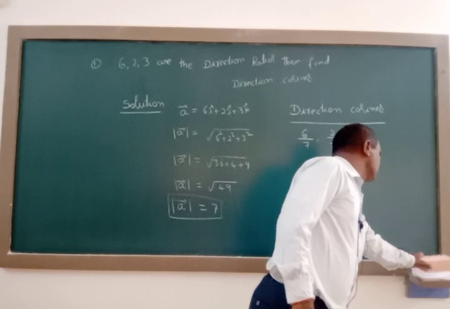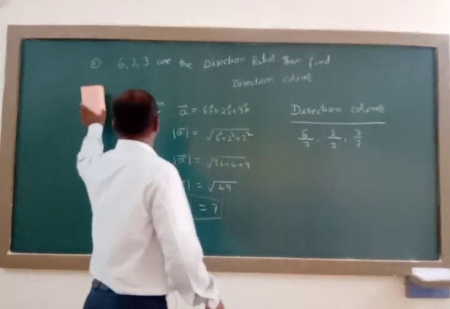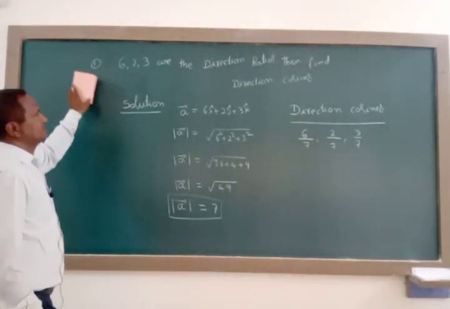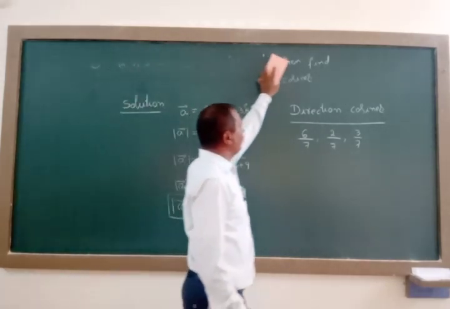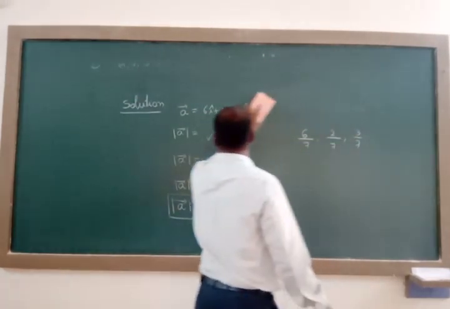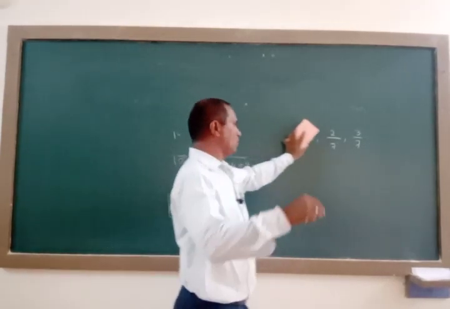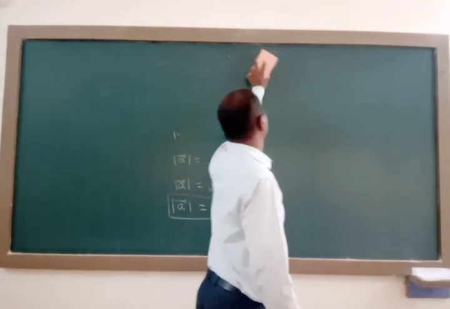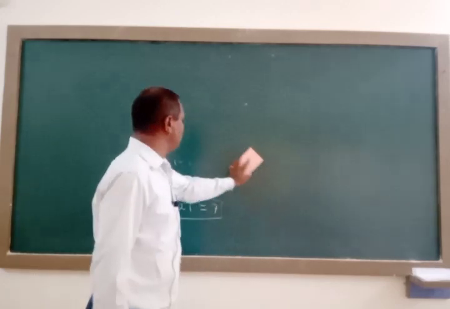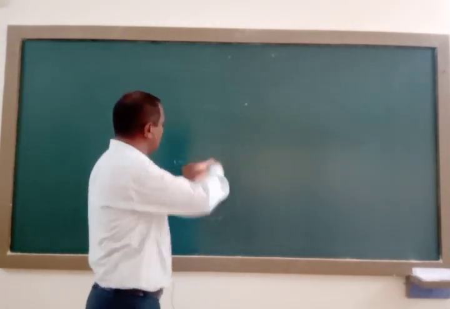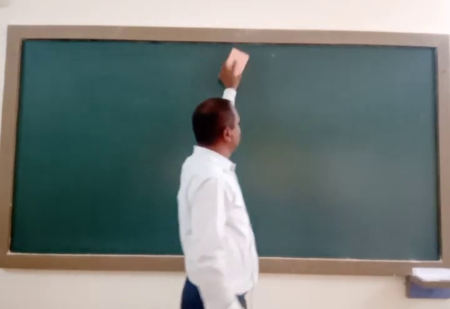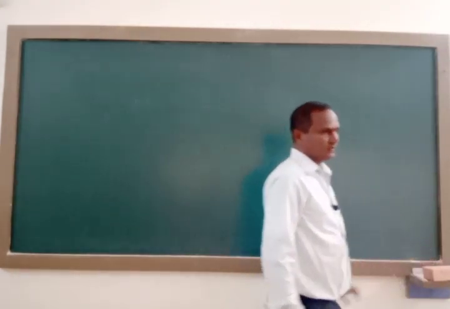Next question is, whenever points are given, how to find direction cosines. They will give only 2 points, the line segment joining the 2 points. At that time, how to solve to find direction cosines here? Whenever they simply give direction ratios, this is the procedure. What I told now is the procedure to find direction cosines.